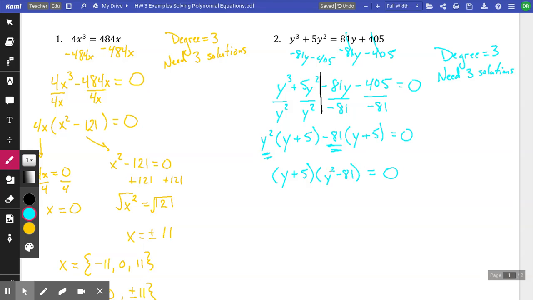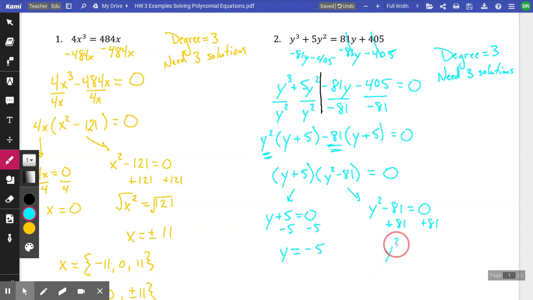And now that we have our factors and we can isolate y in each of them, because there's only the variable y written one time in either one of these, we should be able to set our factors equal to 0. So I will take my y plus 5 equals 0, and also y squared minus 81 equals 0. And a quick solve here, subtract 5, and I get y equals negative 5. And on the other side, adding 81